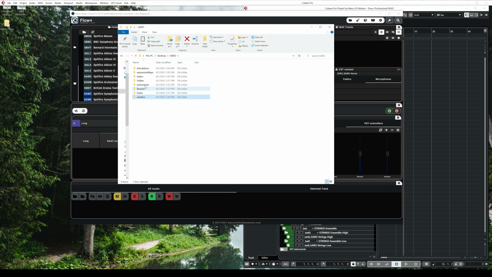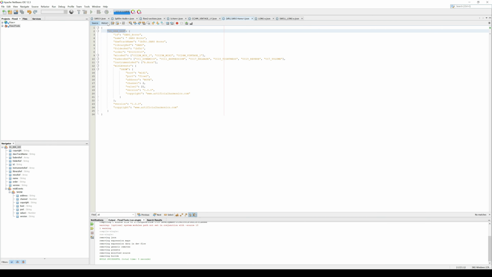Then you continue with the folders, adding all the folders that contain your MIDI tracks. Then you continue with the instruments, adding all the instruments, or of course creating all the instruments that are part of your MIDI tracks. Then you continue with the libraries, and here you edit the library like this,